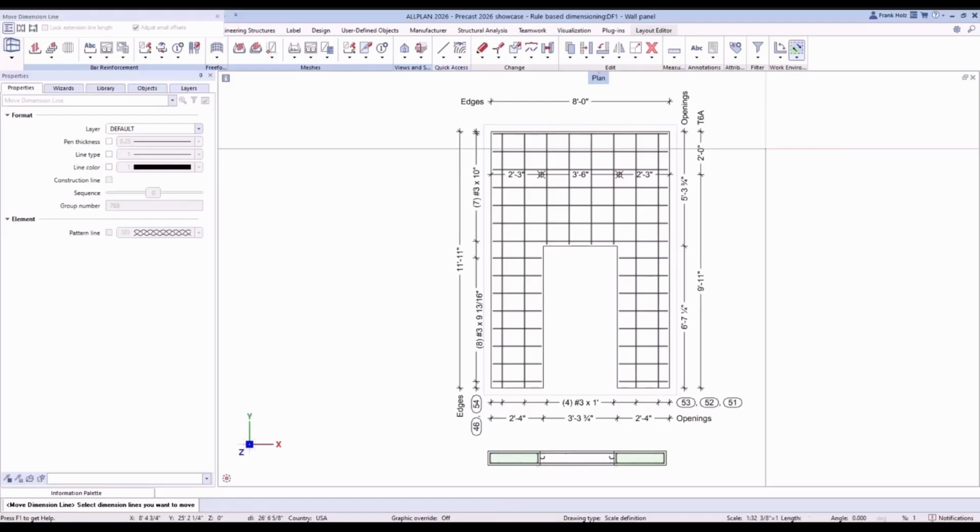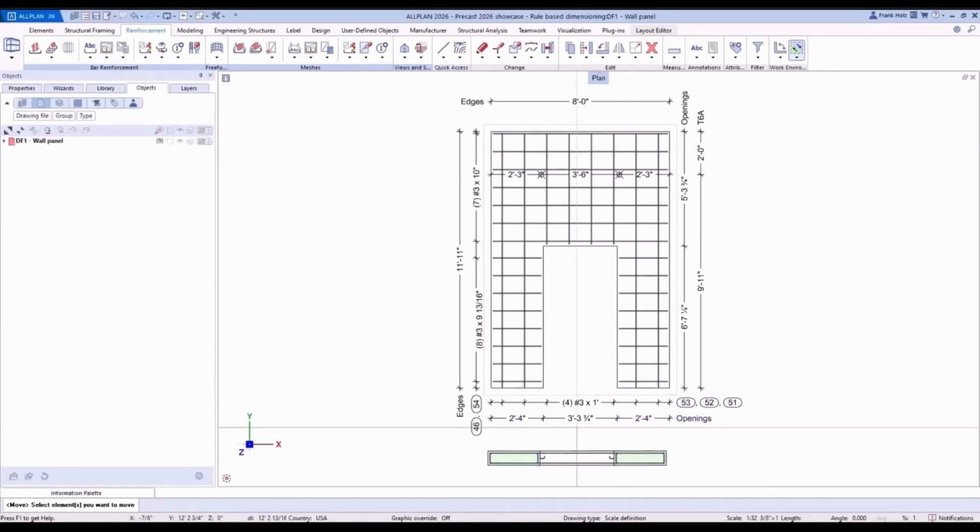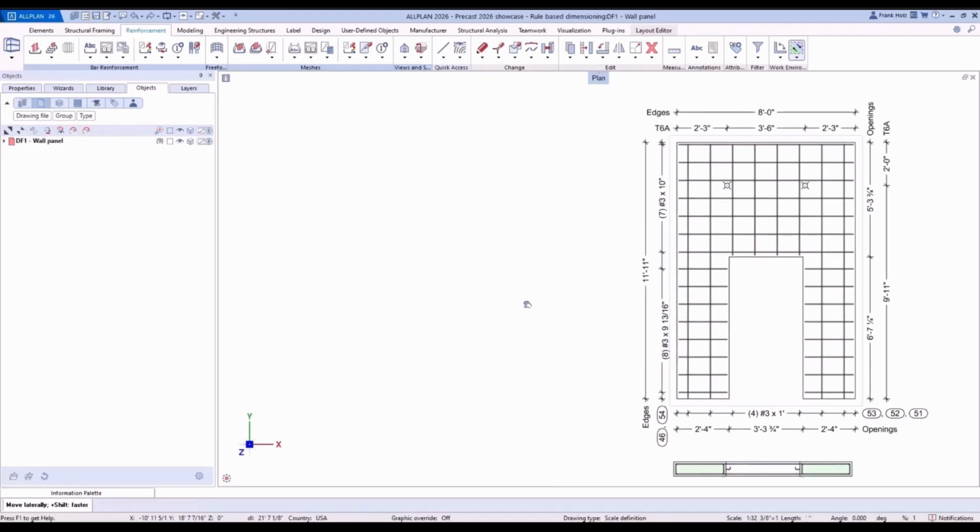One thing we like to do here in the States is we like to put our dimension lines right in line with our fixtures. Just makes it a little easier for the guys in the yard so that they don't have to track back up to the top or to the side perhaps. These are associative, and any changes that are made to the objects will be updated on the dimension line. Additionally, if any objects are added or removed, those points will be added or removed from the dimension line as well. I'm going to undo the changes I just made so we can see a faithful creation of the rules